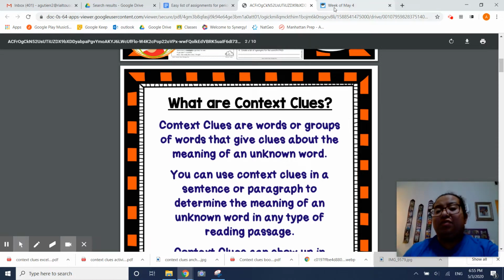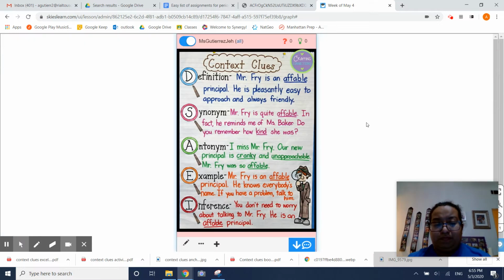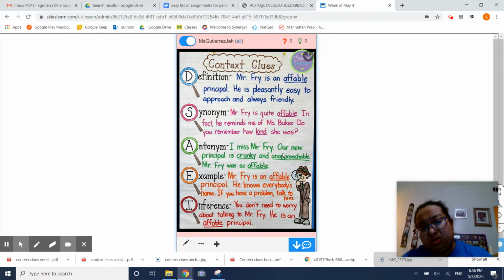And when we were in class, I would have you kind of glue or create something like this, a little poster, bigger or smaller, that you could have for yourself to look at so you can remember, oh, there are four or even more different types of clues. Sometimes they tell me the definition of the word, a synonym, antonym. So this is just for you to look at. This will always be there for you as notes. And if you are creative and you learn better when you write something and when you look at something that you can actually touch, I'm going to leave this up here or pause the video so you can copy this.